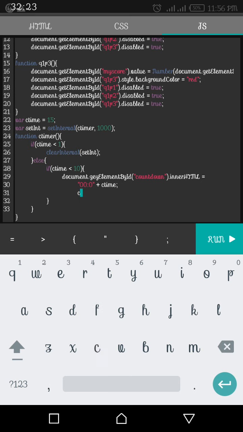Then C time should be reading minus. Else